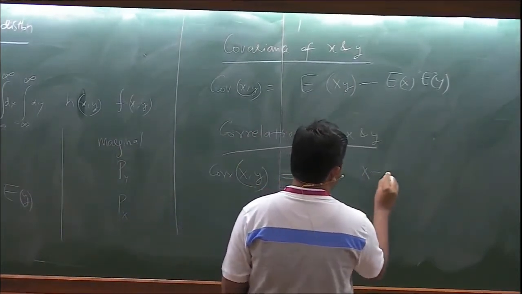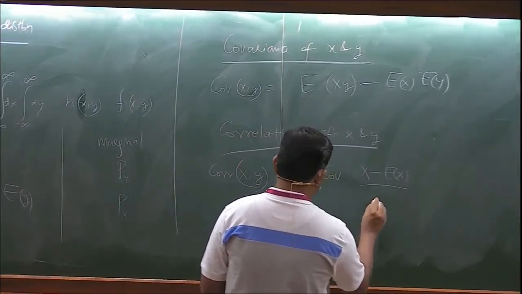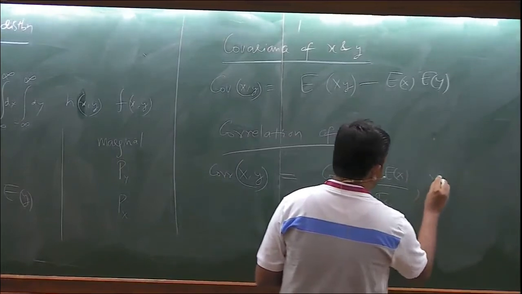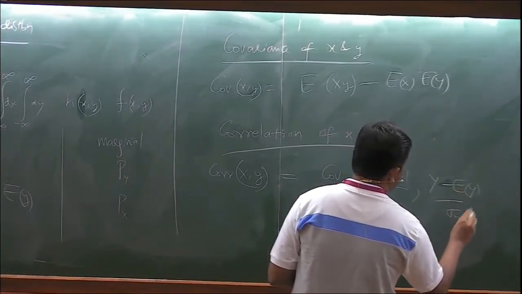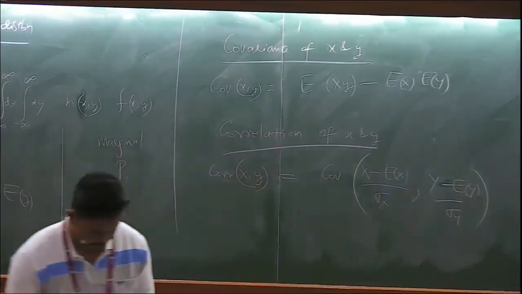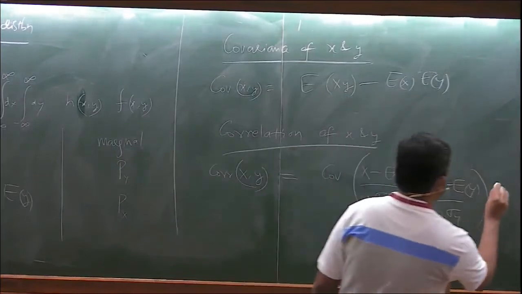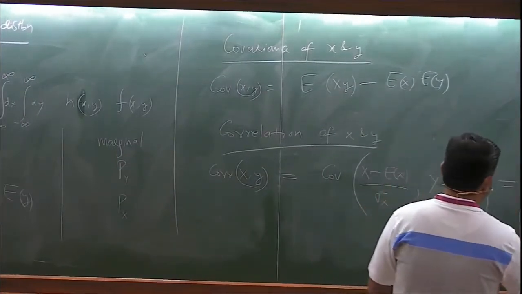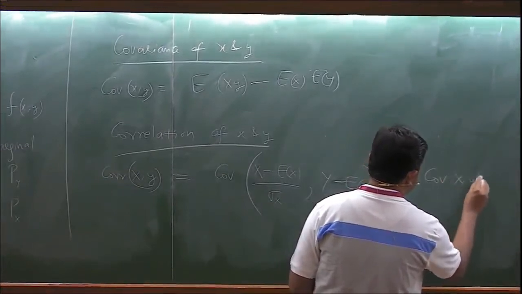So you just measure x away from its mean value and scale it by its standard deviation sigma x, and similar for y, sigma y. Because sigma x and sigma y are just scale factors, this just comes out and you can show that this will just be...